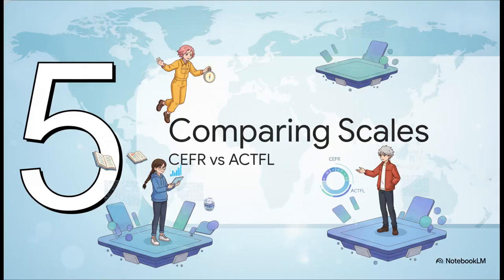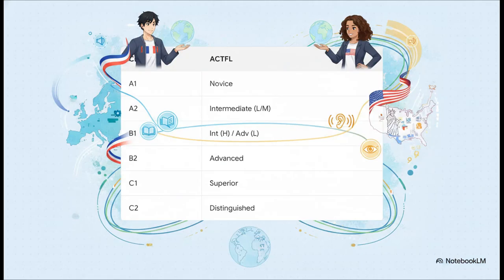Now that we've seen what this looks like in action, let's zoom back out to the big picture. Section 5, Comparing Global Proficiency Scales. Because the CEFR isn't the only game in town. Over in the US, the American Council on the Teaching of Foreign Languages, or ACTFL, is a huge deal. Looking at how they align, an A1 roughly corresponds to the ACTFL's novice tiers, while our B2 sweet spot maps to their advanced tier. What the experts note here is that ACTFL is generally considered a bit stricter when evaluating receptive skills, like listening and reading, compared to the CEFR. But ultimately, they're parallel frameworks describing the exact same human journey toward proficiency.